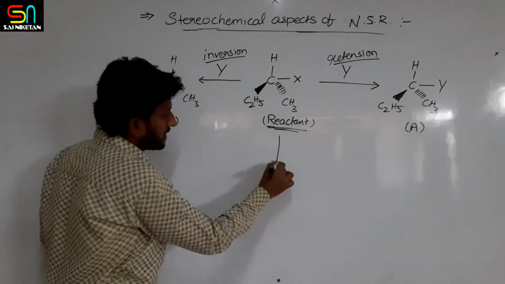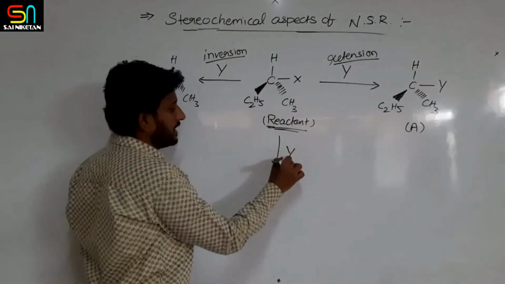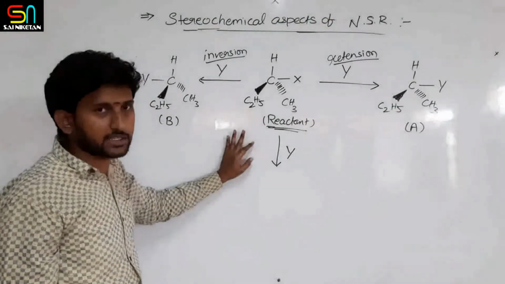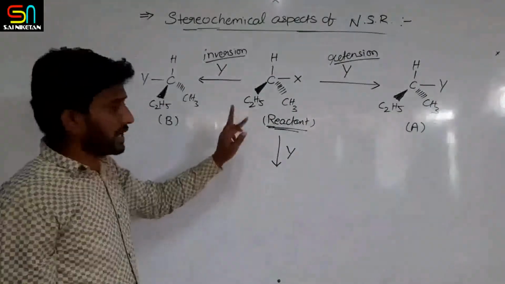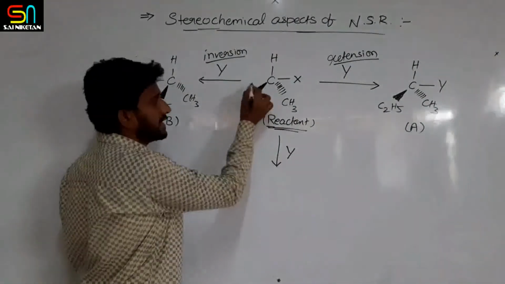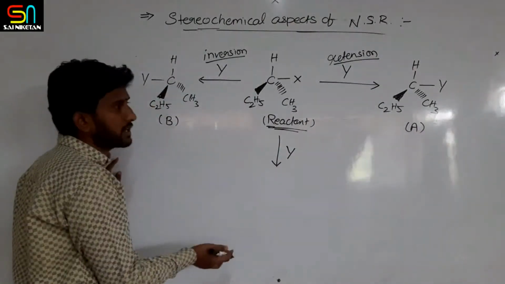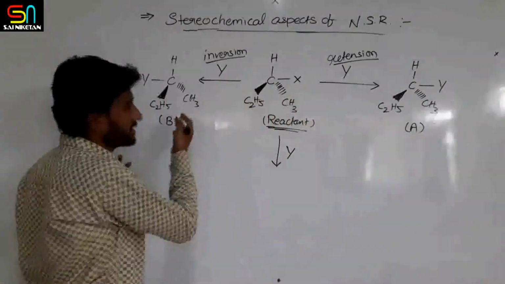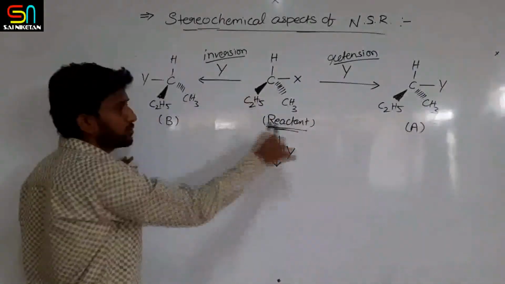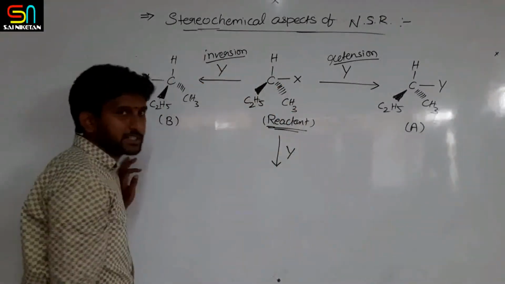And if, for example, a carbocation intermediate is formed, then Y attacks from both sides. Okay, we have seen this in the case of the SN1 mechanism. It is a two-step mechanism, carbocation will form. That means Y can attack from the left side, Y can attack from the right side. Then what are the products you will get? Again you will get the same, no? A product and B product you will get, in equal ratio. Why? Because both the chances are 50%. 50% from the left side, 50% from the right side.